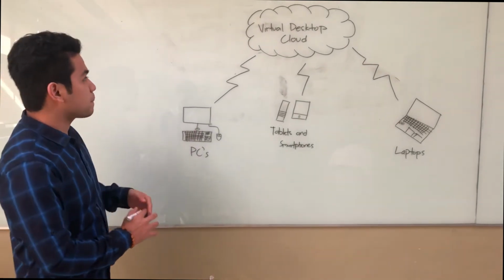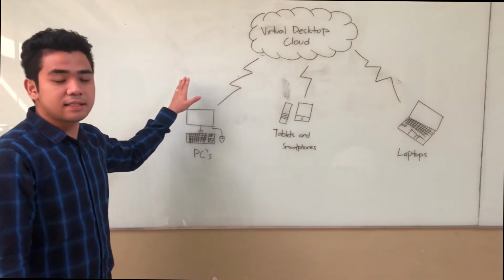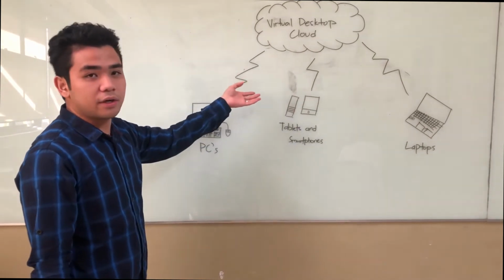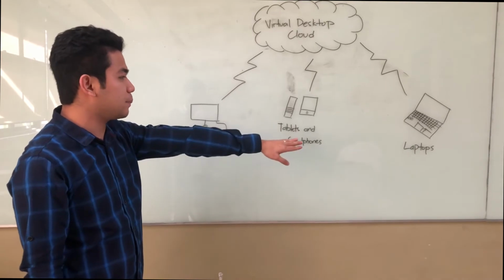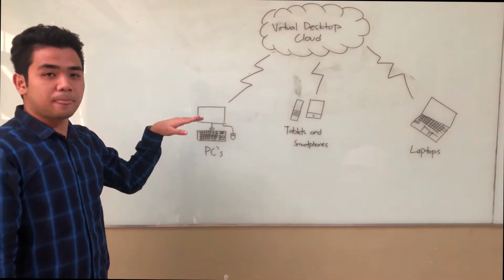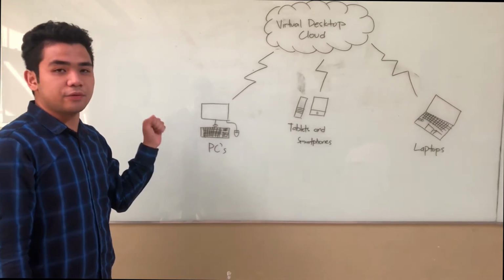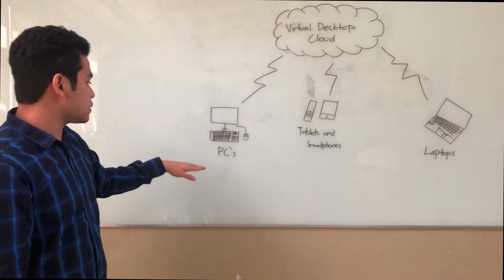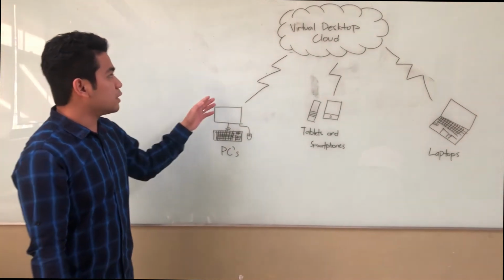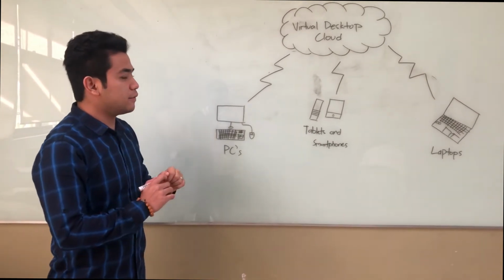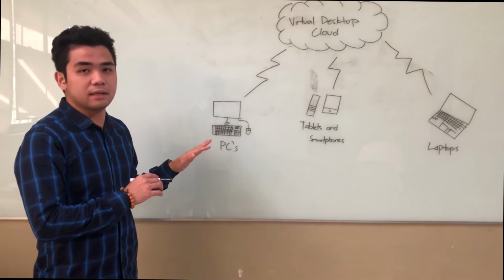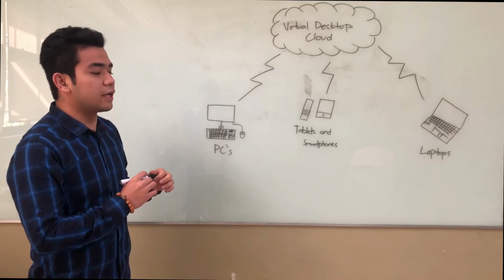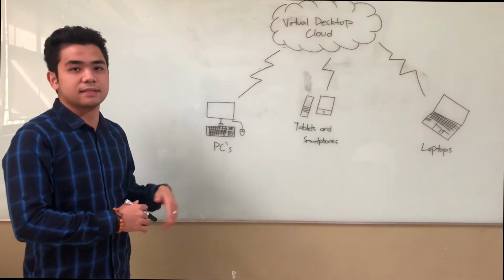So, in this diagram, the example of virtualization is the virtual desktop cloud, also known as cloud computing. In the virtual desktop cloud, we can access data using any devices. For example, we store data or information using our laptops, and we can see the data and information that we stored using other devices like tablets, smartphones and PCs. And through the virtual desktop cloud, even if we are not using a single gadget or device, we can still see or locate our data using any devices.